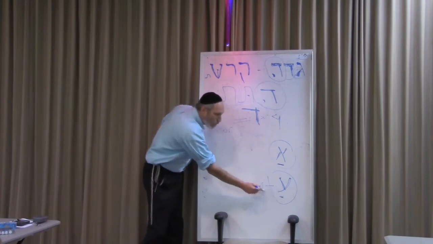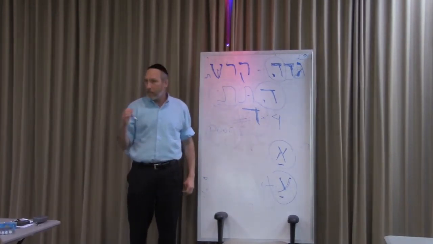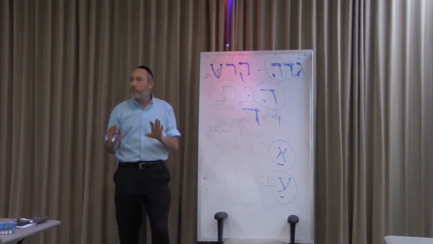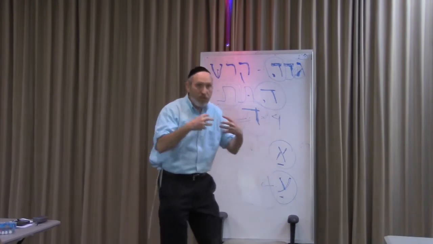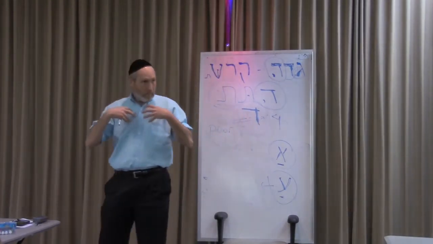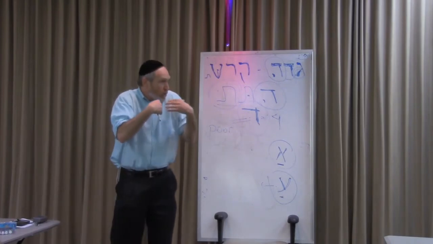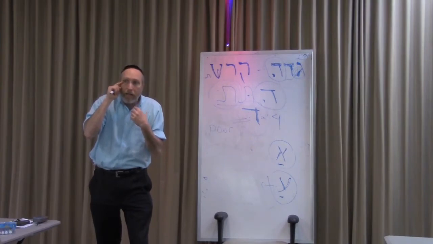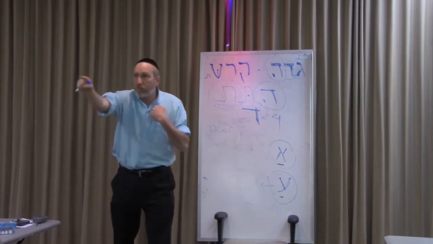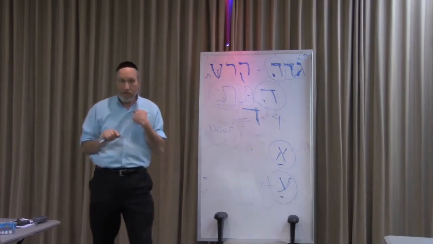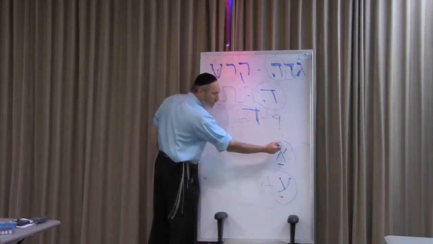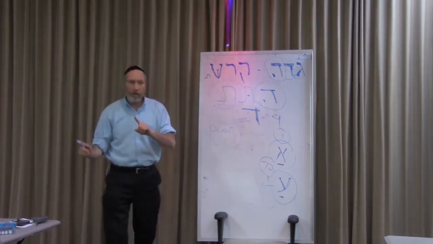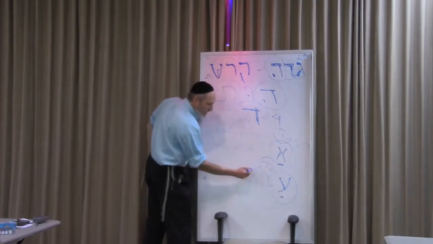What is the letter ayin? What does the word ayin mean? The eye. So the aleph and the ayin have a very unique relationship. The aleph is the internal me, the true me, the true spiritual component. And the ayin is my eye, the me that sees out to the rest of the world. That's why the numerical value of aleph is 1. Of ayin, it's 70. It's always, in Jewish thinking, one nation, the Jewish people, 70 nations of the world.